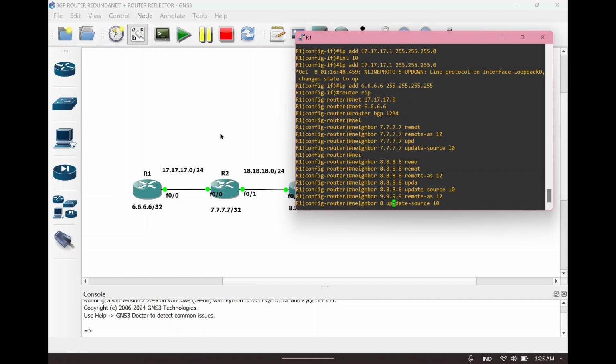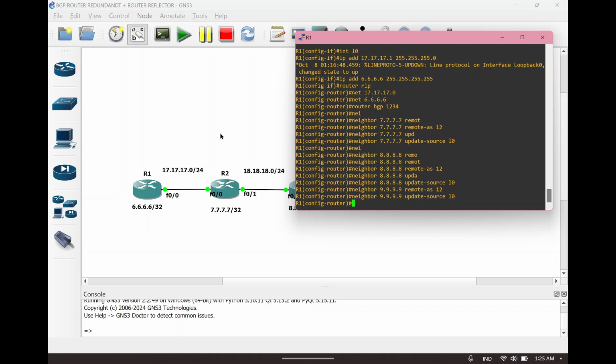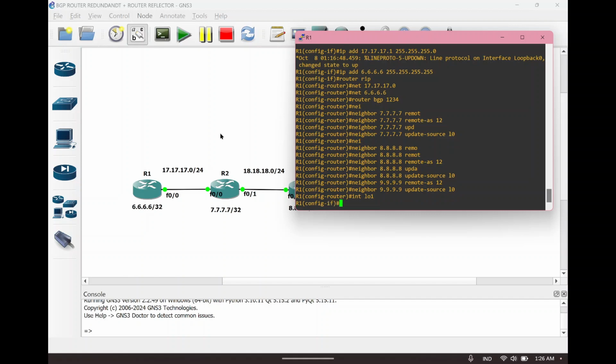Okay, we can change the IP first. This is interface Loopback 1, which is making the router redundant.